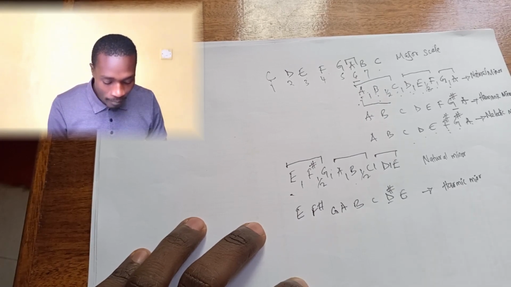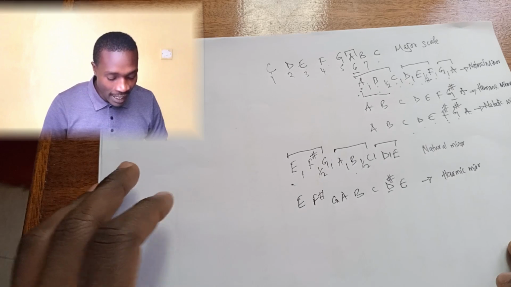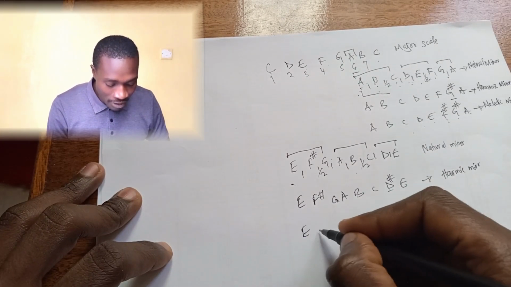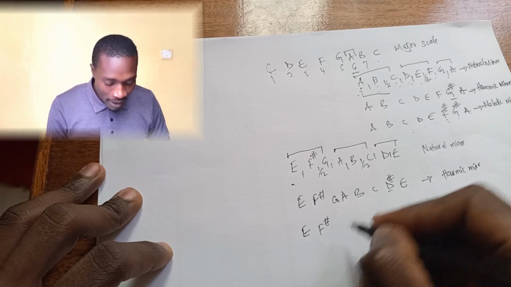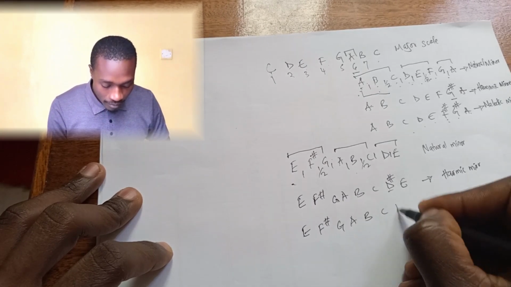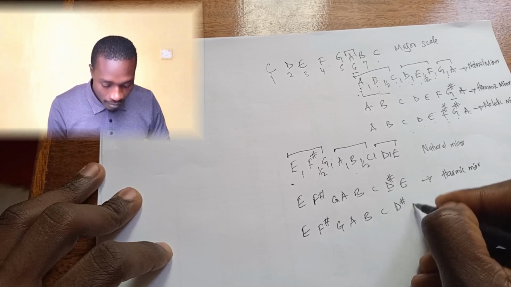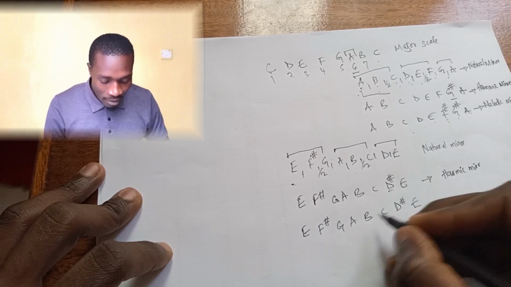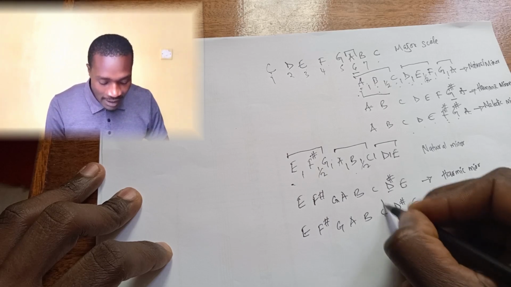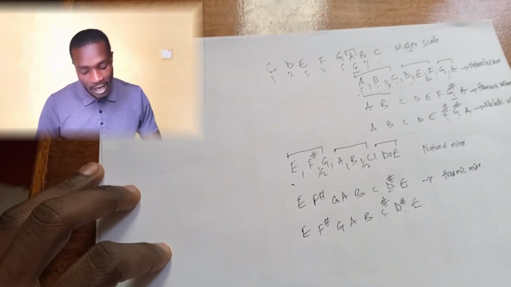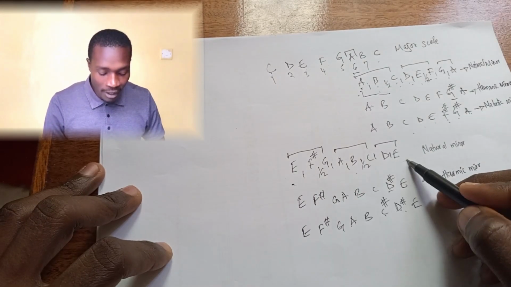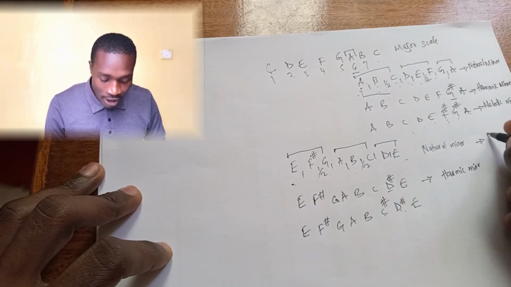Then if you want to find the melodic minor, this time around we have the sixth and the seventh being raised. The seventh is already raised, so we have the sixth also being raised. So in this key, E harmonic minor, we find that we have one sharp,